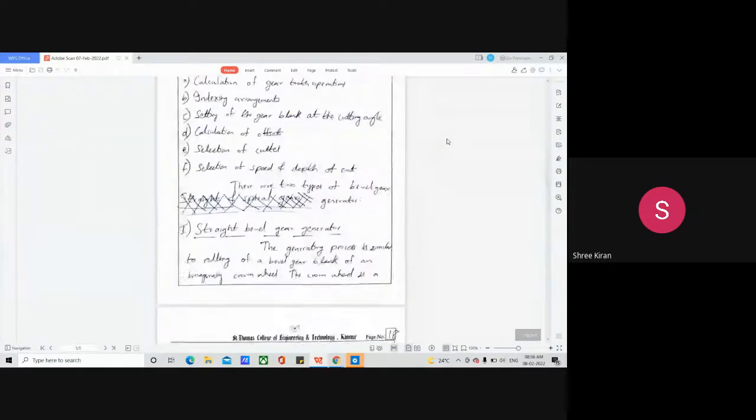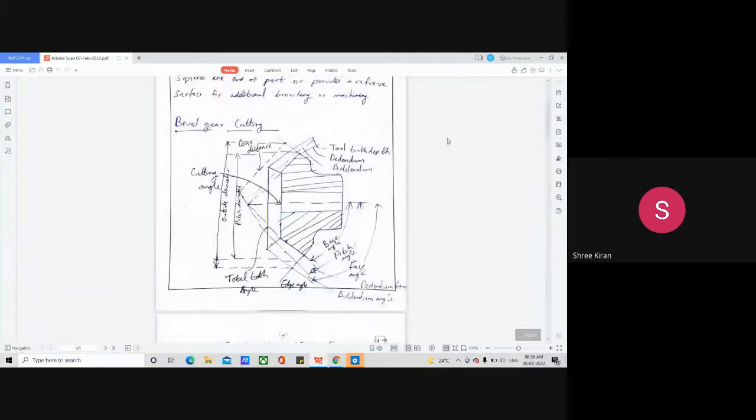So in the case of bevel gear cutting, or the bevel gear milling process, it's a straight mechanism. I hope you are seeing the figure of the bevel gear on your screen. It's a figure which is drawn in the class note. We will explain every point regarding bevel gear cutting, which always comes under gear finishing or gear machine operations. Everything comes in the same way.